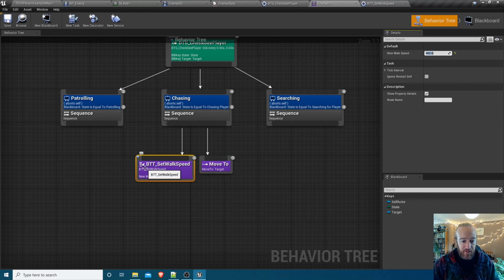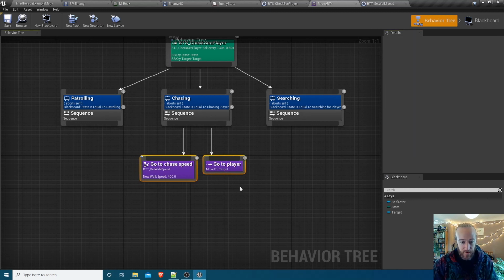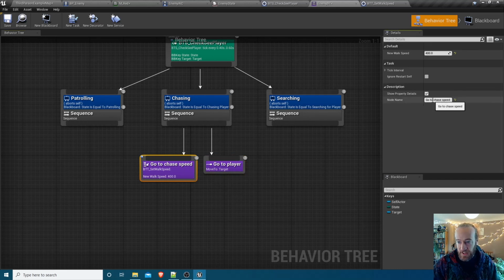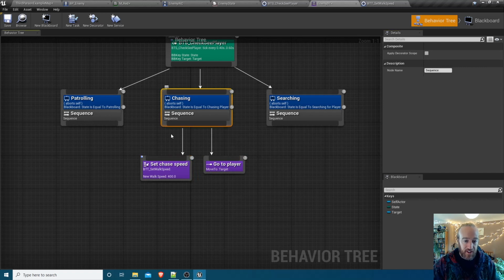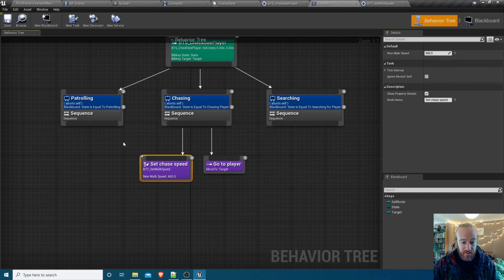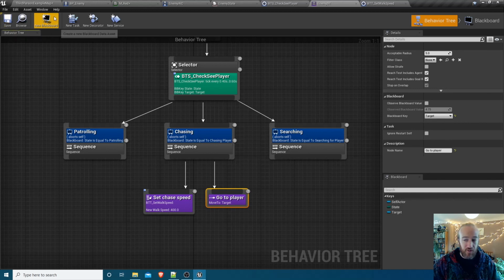And then if you think that title there, BTT set walk speed, is a bit annoying, we can rename that. See where it's got node name here, we can put go to chase speed. And then, in fact, the move to, we can rename that. We can put like go to player. I suppose set chase speed would be, yeah, set chase speed, go to player. The behavior tree will run its sequence tasks from left to right, so it is important that set chase speed is on this side of go to player, otherwise we'll move to the player, then change our speed. So let's save and try this